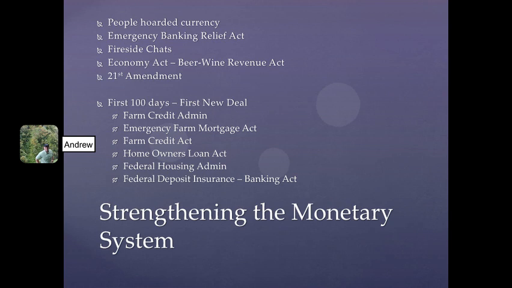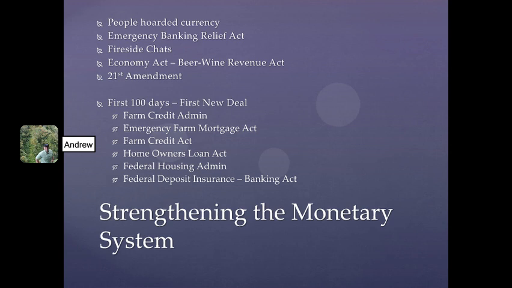So when Roosevelt comes to office, he's going to have a Congress that is very pro-Democrat, so he's going to have help in passing most of these things. He's going to make good on two of his campaign promises. One, he's going to pass the Economy Act, which allows him to reorganize some governmental stuff, namely the executive branch gets a lot more power to deal with the payment to veterans and workers. He's also going to end prohibition, all right, by passing the Beer Wine Revenue Act and eventually the 21st Amendment, which allows the production and sale of alcohol.